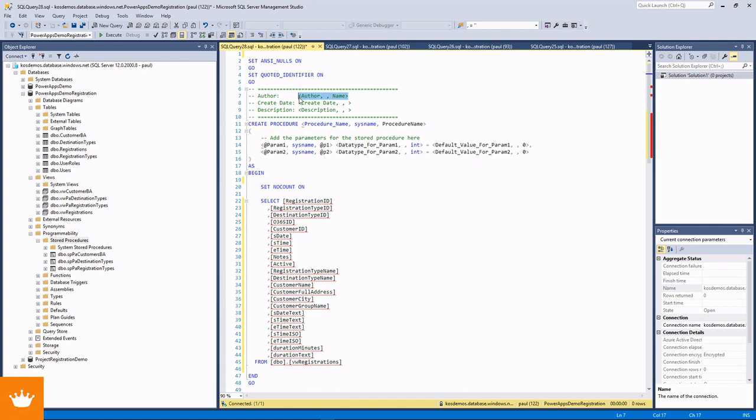Okay, I'm Paul, and I created this in 2018, on the 25th of October, and we're going to get active registrations to PowerApps,